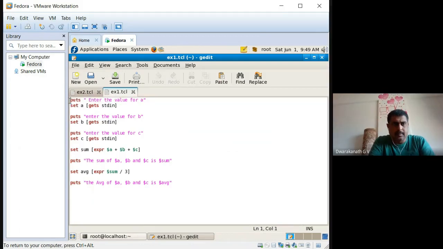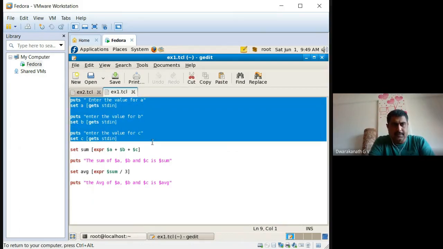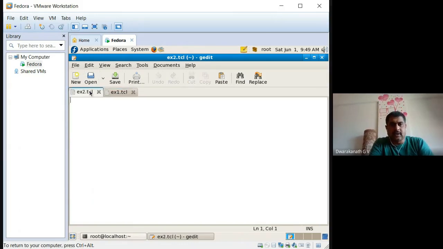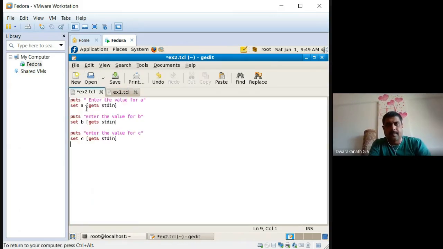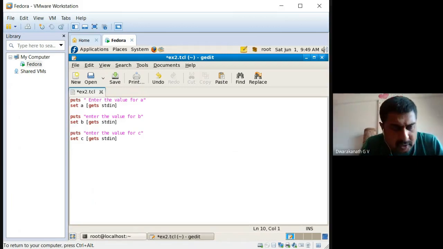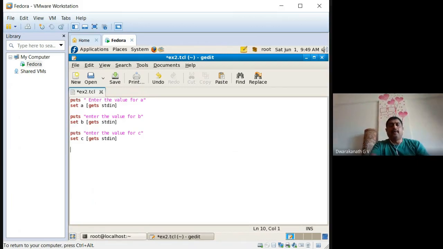From here, put s, take three numbers, A, B, C. After taking these three numbers, we should go on to find the largest and the second largest of the three numbers.